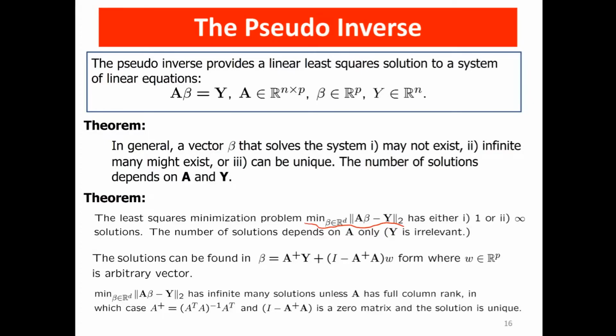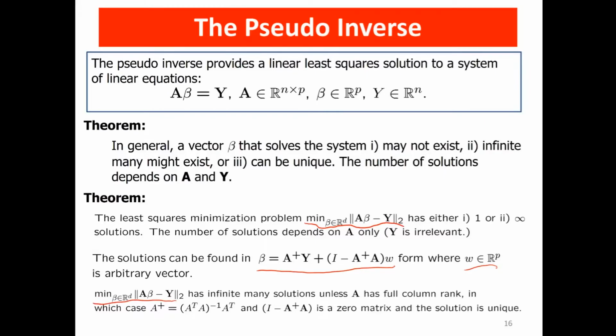As we already said in the previous slide, all the solutions to this minimization problem can be found in this form. Beta is A plus Y plus the identity matrix minus A plus A times W, where W is an arbitrary p-dimensional vector. From this form we can indeed see that this minimization problem has infinitely many solutions